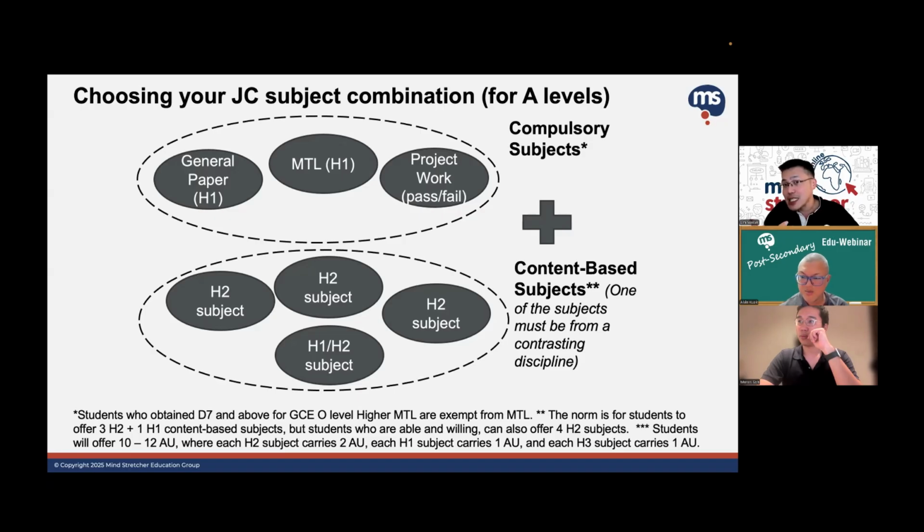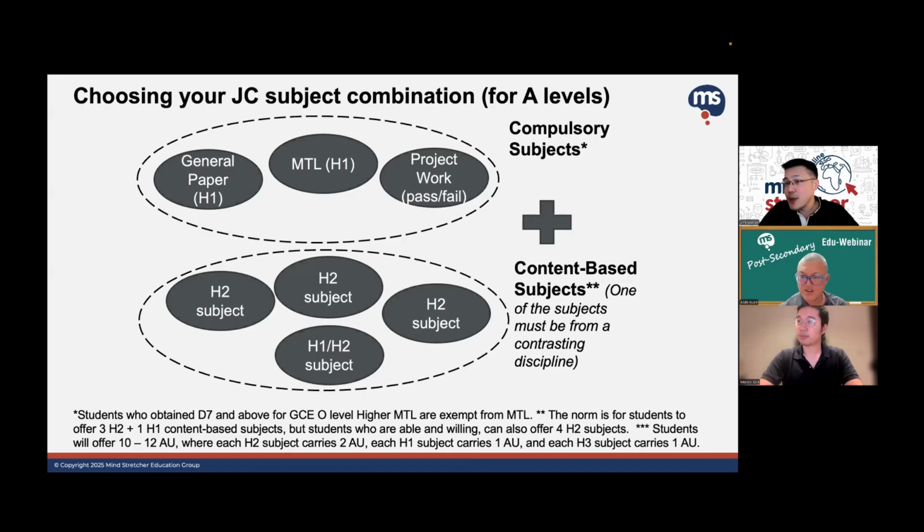And usually this one is some more difficult knowledge or something that is more enrichment based. And in fact, for some of it, it can even be modules that you can take outside of the JC, even as a uni course actually. So for econs in the past, there was this H3 module on game theory that they can actually take at the university level as a kind of module that they can learn. But it does not replace the H2 program, right? So they still have to take the H2. The H3 is like an add-on.